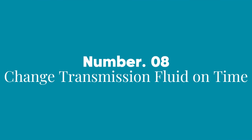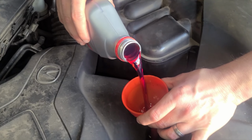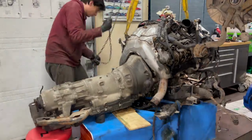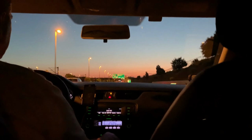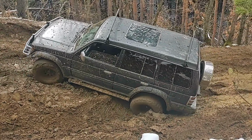Number 8. Change transmission fluid on time. Many car owners overlook the importance of changing transmission fluid, but neglecting it could quietly destroy your engine. Here's the connection. Your transmission and engine work together, and when the transmission fluid is old, dirty, or low, it creates extra friction within the transmission. This forces the engine to work harder to maintain performance, leading to increased wear on critical engine components like the